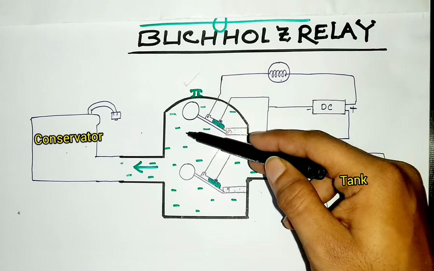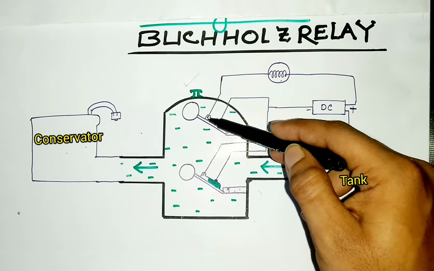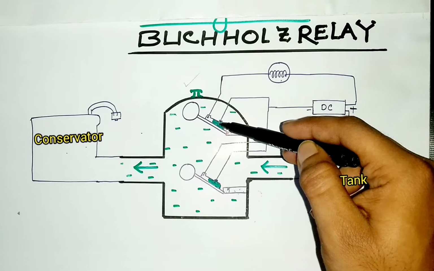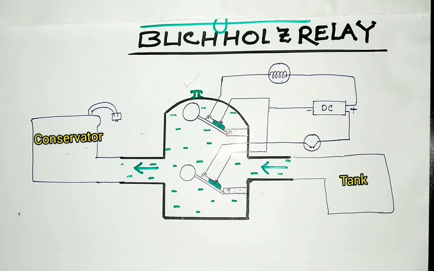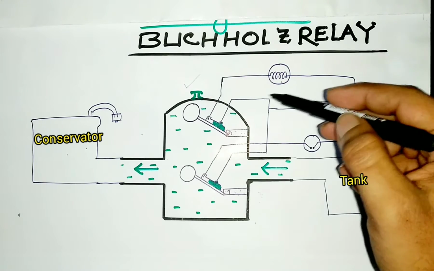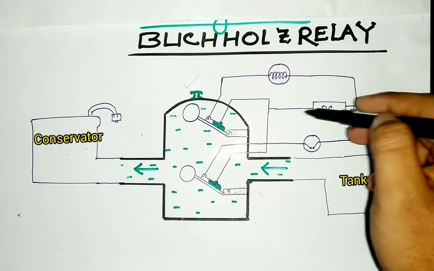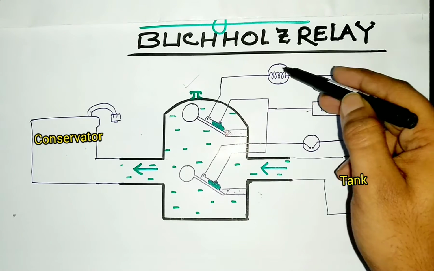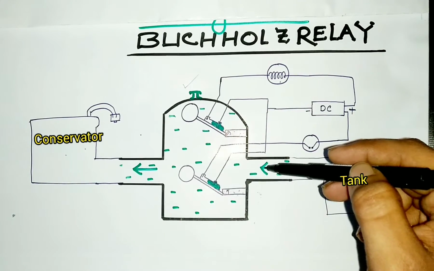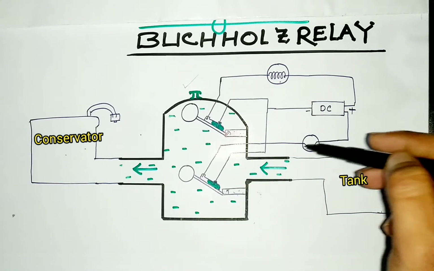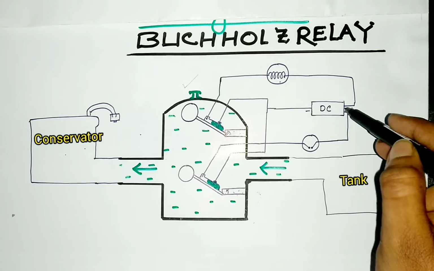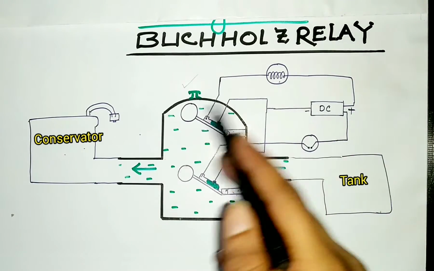When the float goes downward, the mercury acquires the lower position of the whole switch, which will further connect these two terminals as mercury is conductive. And the external circuit has two paths. In this drawing, the upper switch controls the upper path. By the operation of this switch, this relay can sense the alarm. The lower path is controlled by the lower switch. Similarly, this lower switch controls the trip circuit. And this total circuit is energized by a DC supply. Now let's explain the operation.